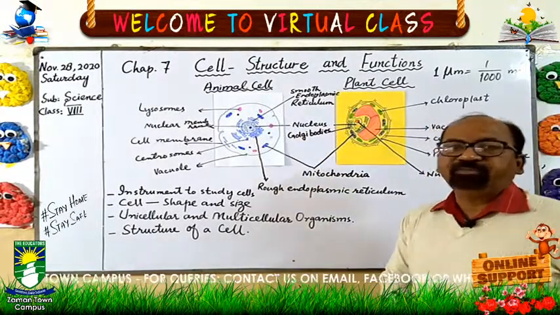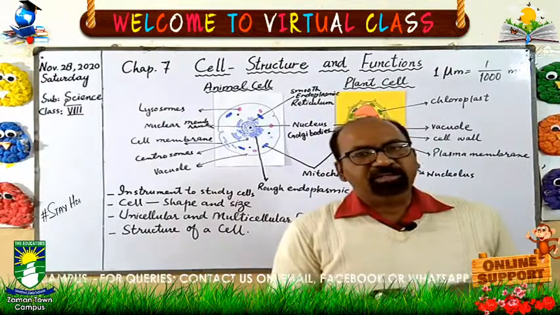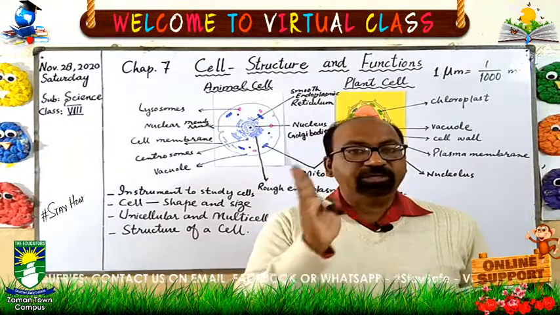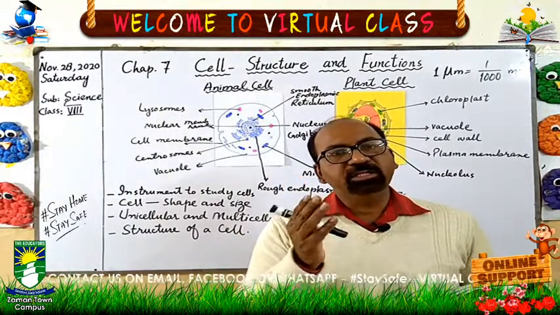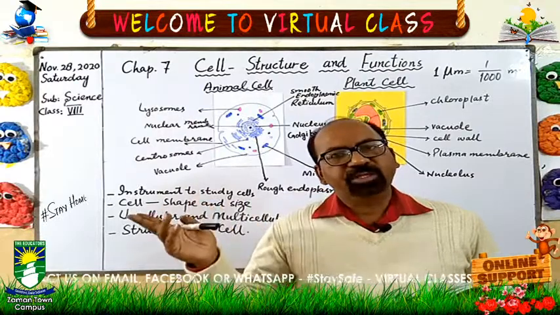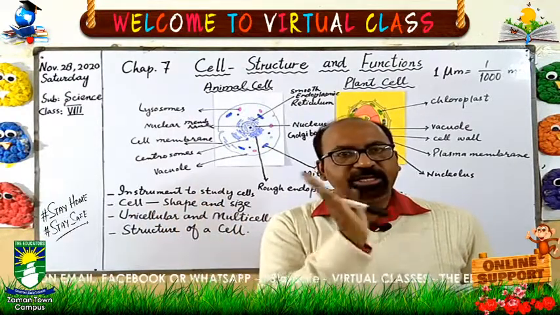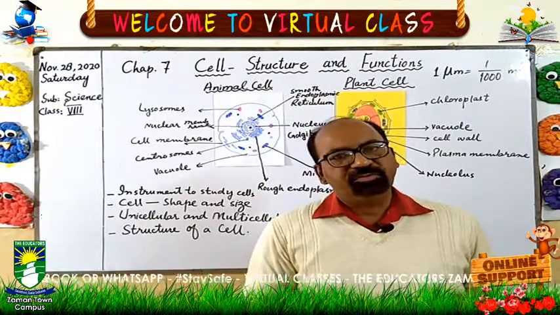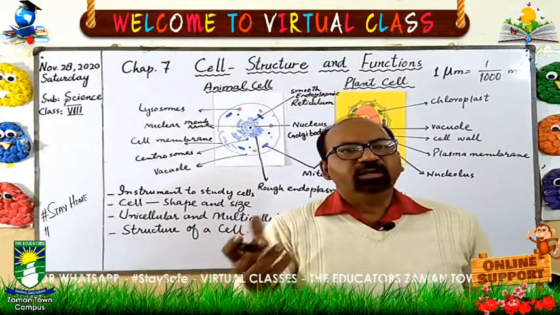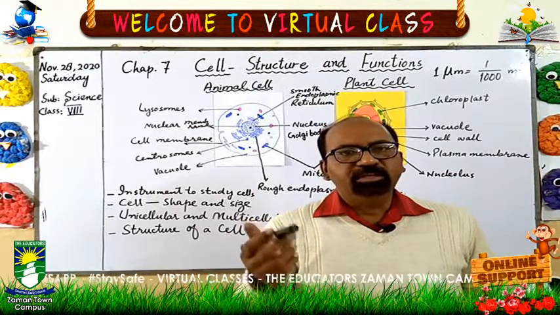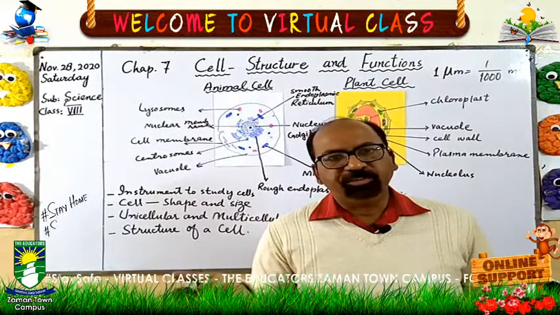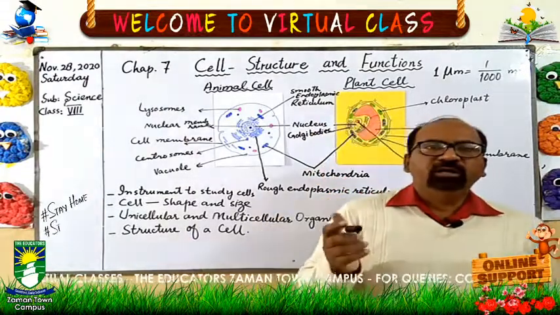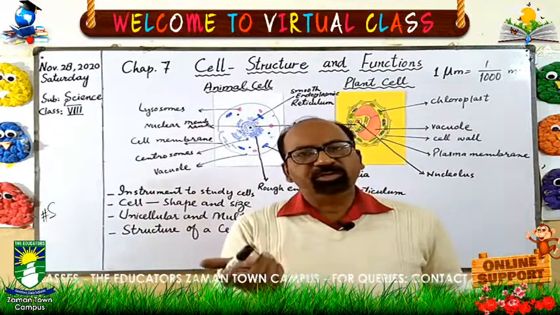As we have discussed, plants and animals are examples of multicellular organisms, but they are different from each other. Human beings look like animals. They all have the same properties. Like animals can walk, human beings can walk. Animals need food, we need food. Animals cannot prepare their own food, we cannot prepare. We use the food prepared by plants and other animals. Human beings reproduce, animals reproduce,